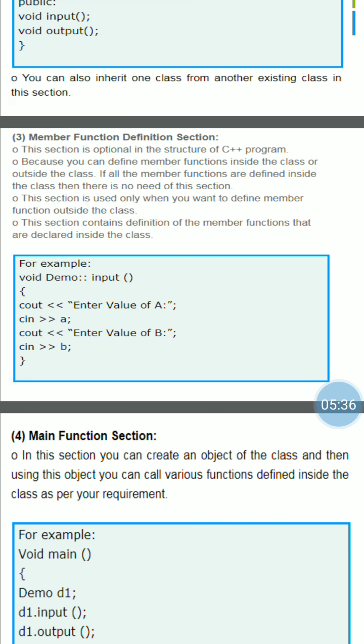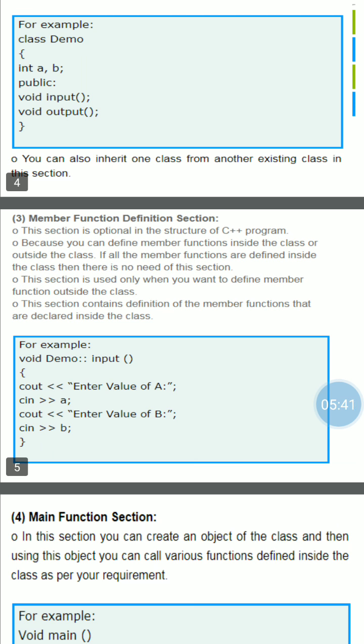Check the example. Here the function is defined outside the class. Input and output are both functions of the demo class, which are declared inside the class demo. Now we define those functions outside the class. Check. Void demo. Demo is the class name.